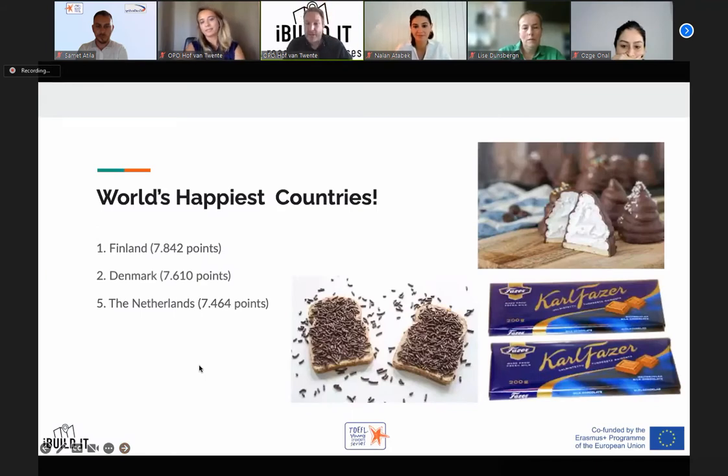These 3 countries belong to the world's happiest countries in the world. Actually, they're 3 out of the top 5 with a lot of points, according to really sophisticated research that has been done every year. And it says that it mainly has to do with corruption, that there's very little corruption and that living conditions are really nice. But actually, we found there is a similarity in every country. They're crazy about chocolate. At the bottom, in the top right, you see the Danish variation, then the Carl Fazer from Finland, and of course, chocolate sprinkles from the Netherlands. Not proven, but we suspect it has something to do with being the happiest countries in the world.